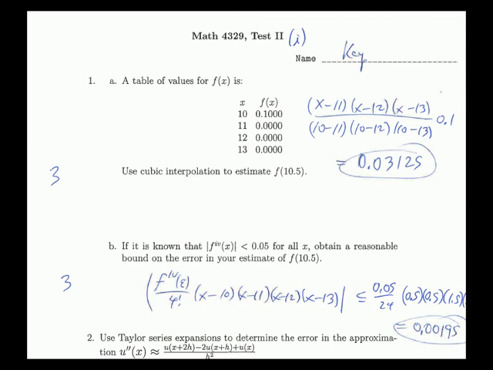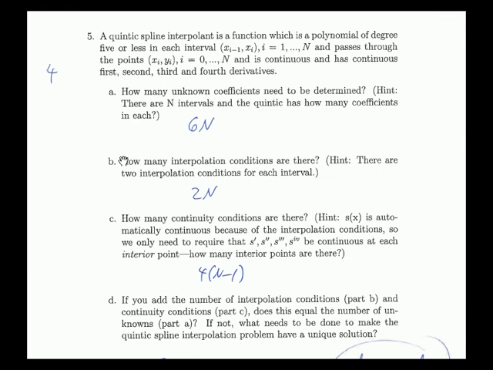Now, this is an interesting test problem that was not very popular, as I recall. Hardly anybody got it right, but it's worth looking at. A quintic spline, that means a 5th degree spline interpolant. So we've been talking about cubic splines, but you could have a 5th degree spline, which is a polynomial of degree